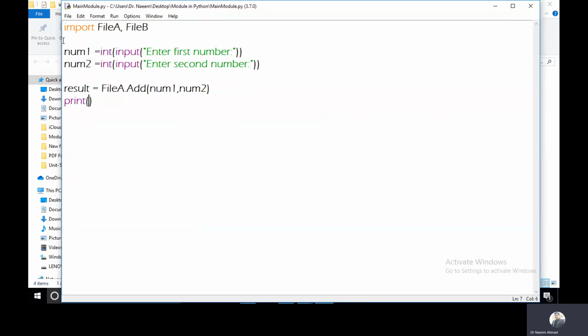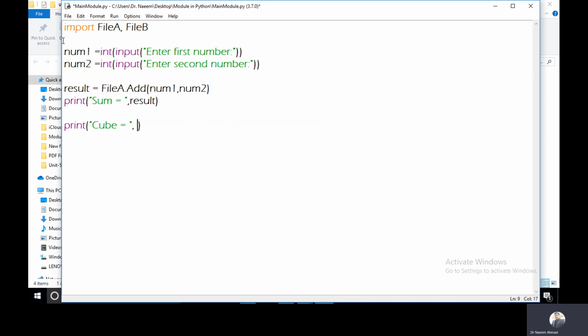And this sum you can print here as result, and now I can use the square or cube functions from module B. So here I will directly use the print function, the cube of numbers.